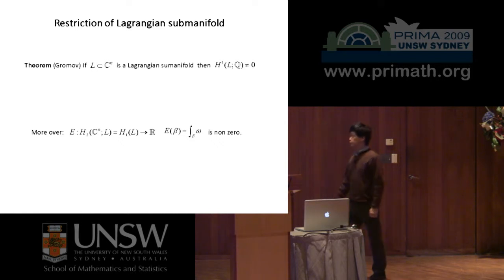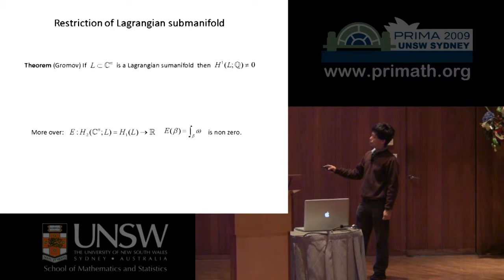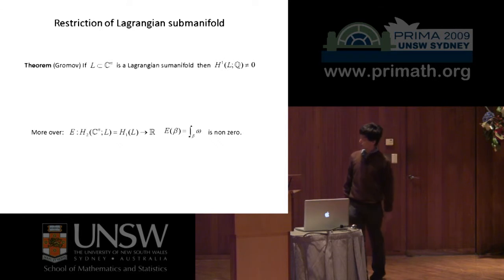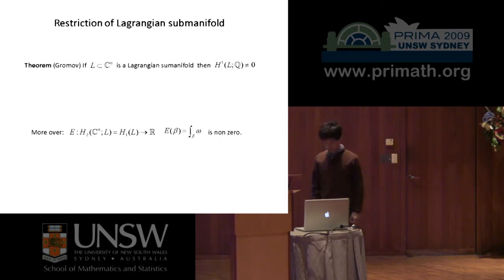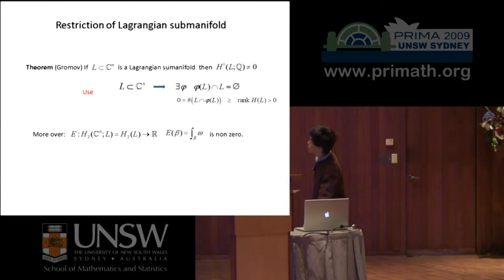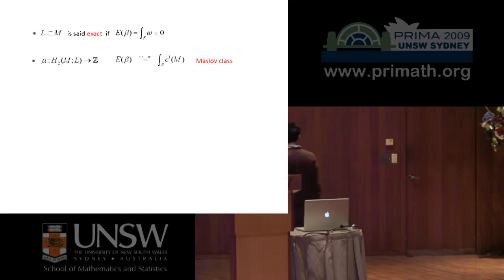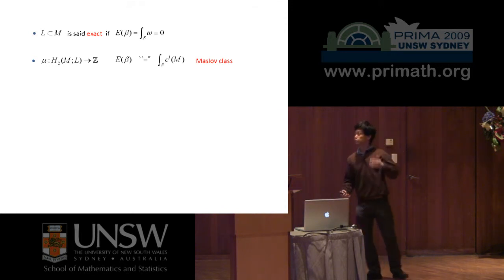And Gromov proved a bit more. If you consider this map E, from the first homology of L, it's just the variation of the symplectic form by this disk. Then Gromov proves that this map is non-zero. So this in particular implies this. But this result by Gromov is before Floer, and we want to somehow improve this kind of result